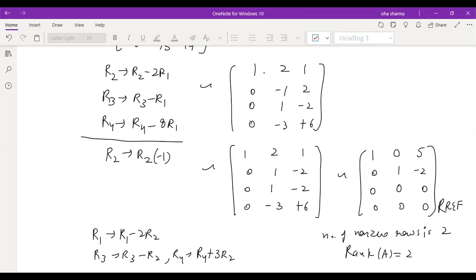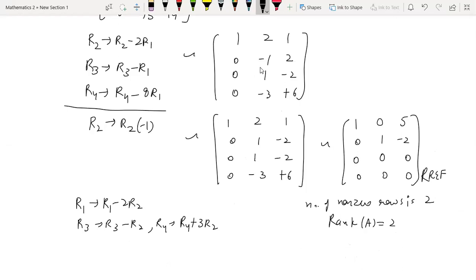So that's how the question was. I just hope most of you should be able to do this one, because it's nothing new. It's the same thing which we did yesterday. All you need to know is how to convert into row reduced echelon form. If your row reduced echelon form is accurate, you will correctly tell the rank of the matrix. You just count: two non-zero rows are there, because these two are completely zero rows, right?